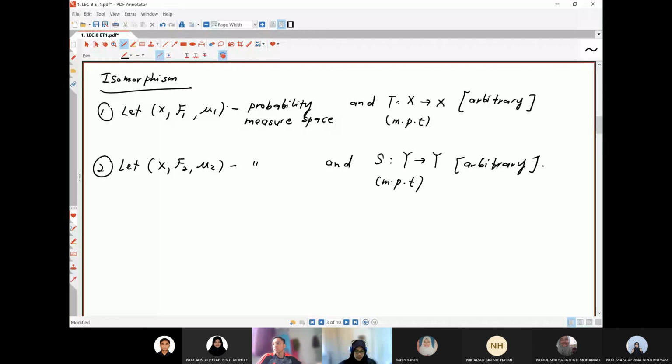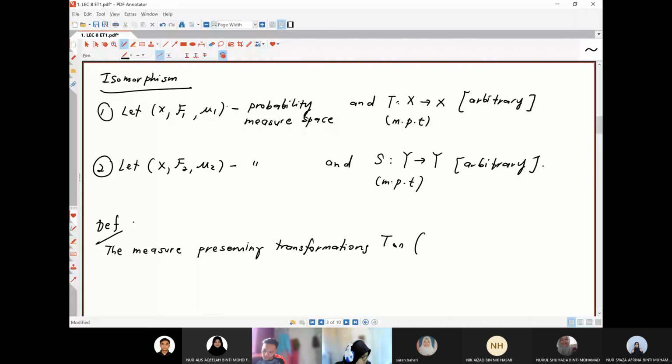So definition. The measure preserving transformations T on this space X, sigma algebra 1 and mu1